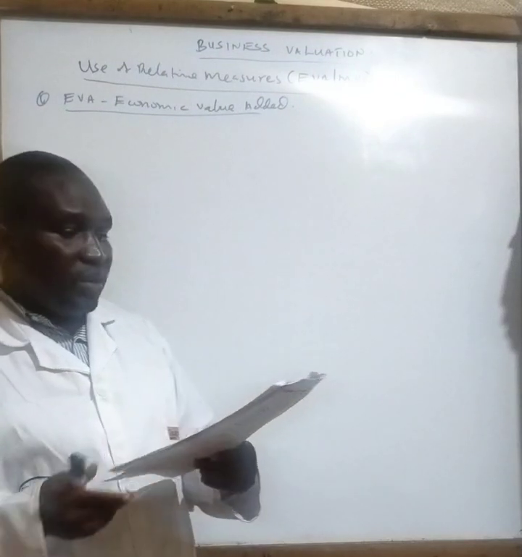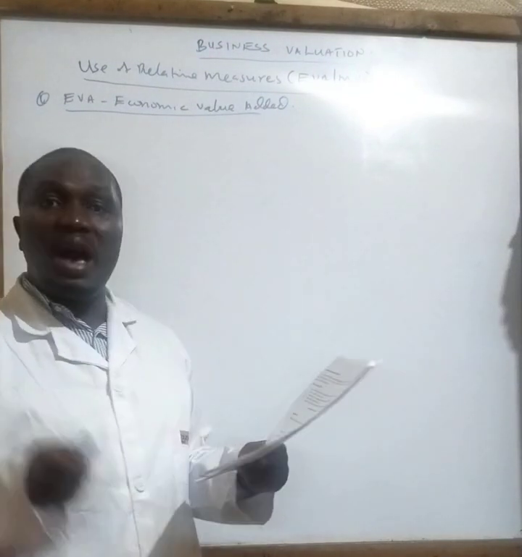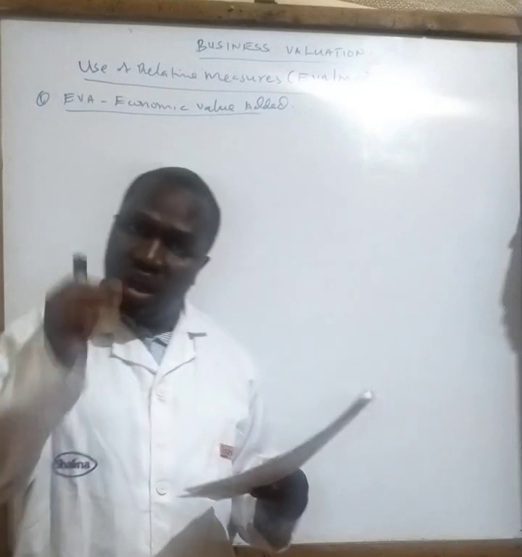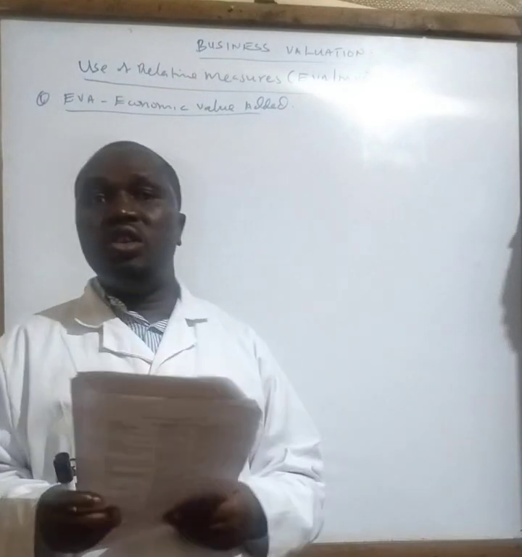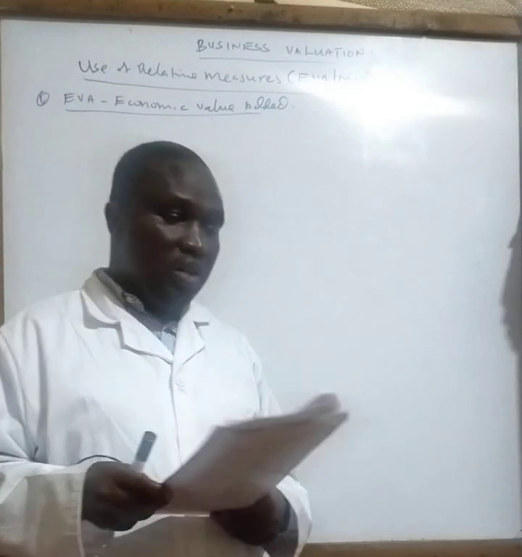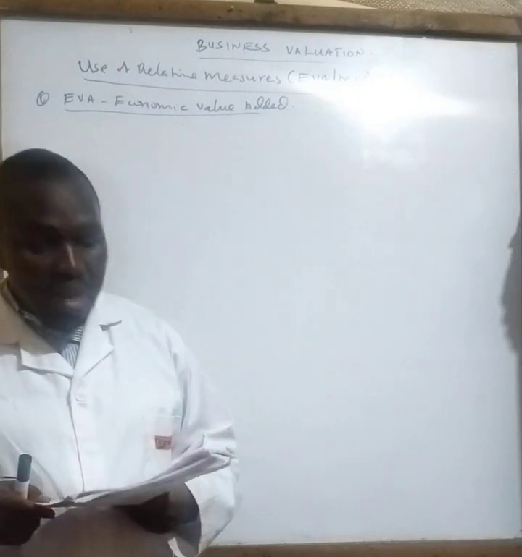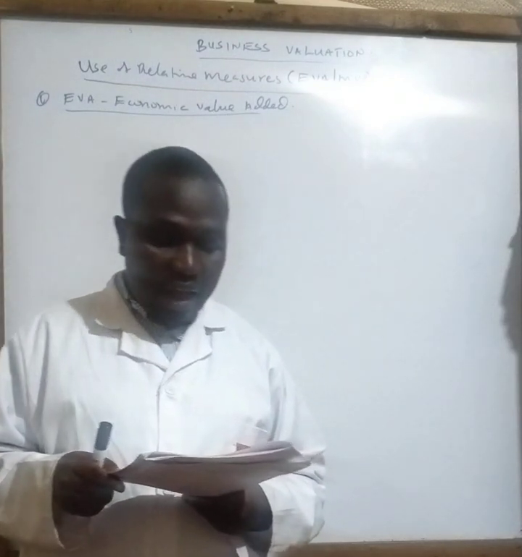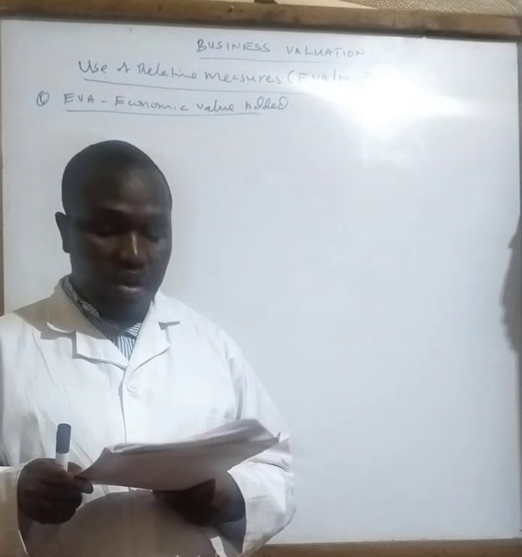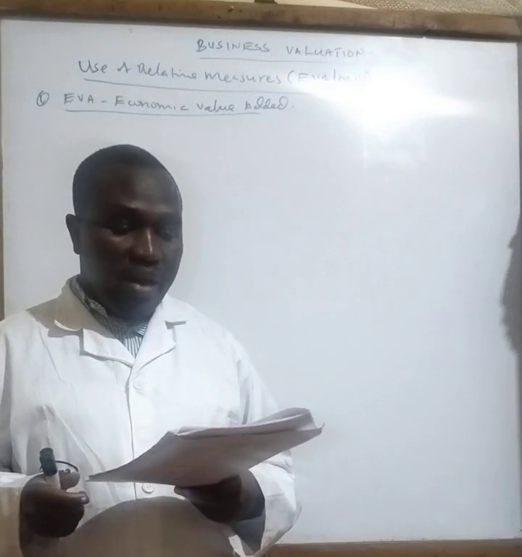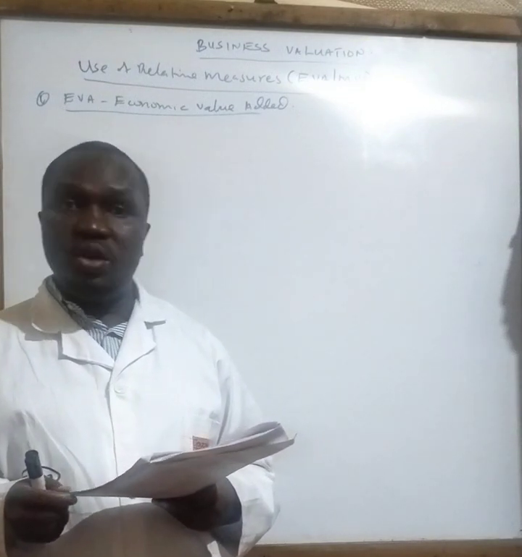So let's see the question. And also what you are supposed to know is how to calculate the weighted average cost of capital, which is very important to determine the value on the cost. So let's see the question. There is a question given and labeled question number 24. It says, the following information relates to Jasho Limited.